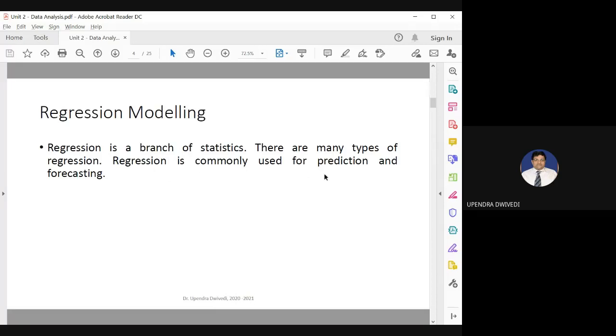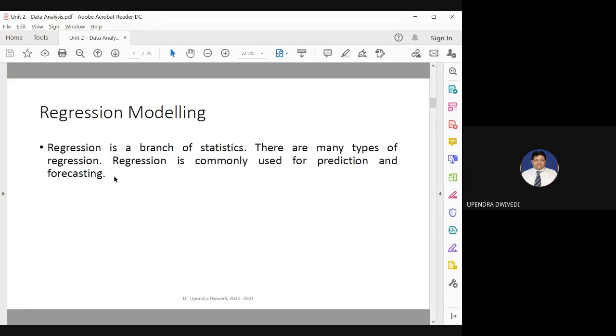Regression is commonly used for prediction and forecasting. All of you are aware of prediction and forecasting. Because we are certain about the past, because the past has already happened, and we are already in the present, so we are aware of what is happening in the present. But everyone is very curious what will happen in the future. So, how can you predict that a certain event will proceed further in the future or not, or how can you forecast the situation?